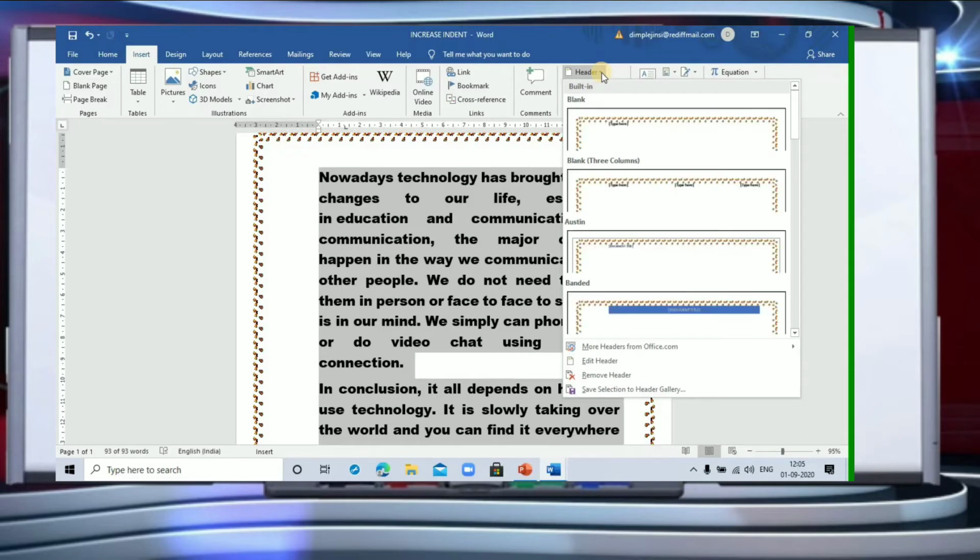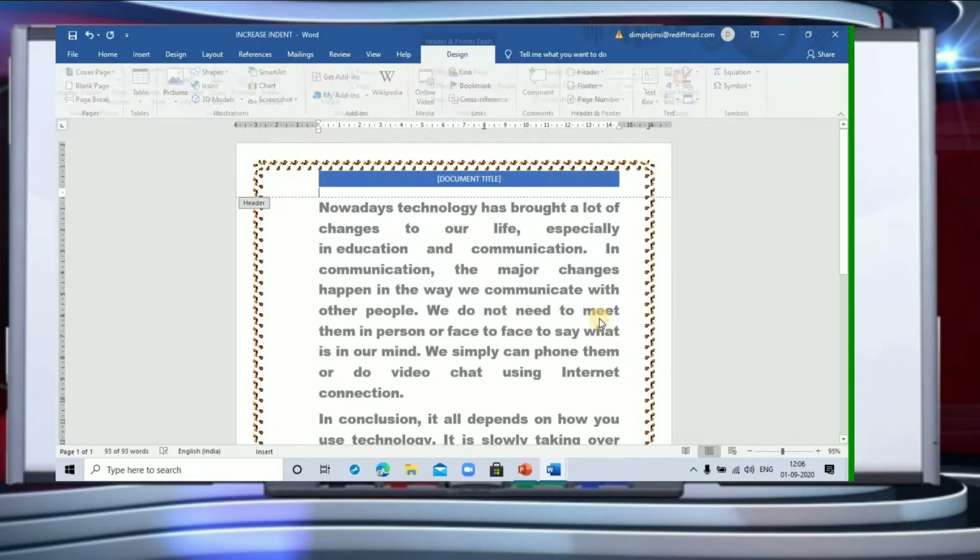Supposing you are creating 10 pages of a document and you want to have the same title on top on every page. You can have your school's name, the chapter number, anything that you want to have on every page. You can pick up any of these headers that you want and use it as a header.